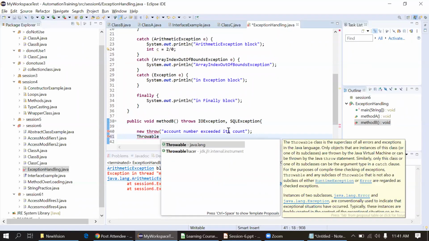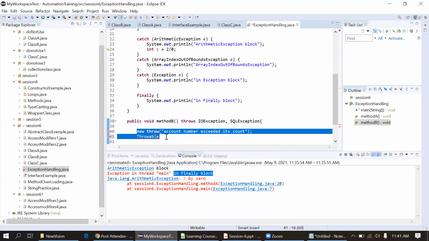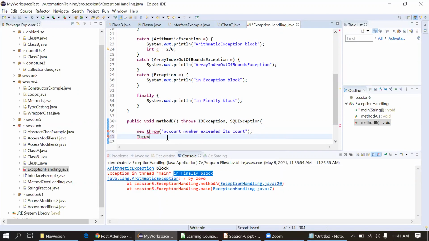I will explain this throw inside a method in a later section. Actually, I just missed this concept. So it looks like this part only. I've written this throw, and we have to pass a customized message here in the throw. Okay, there is some syntax error now.